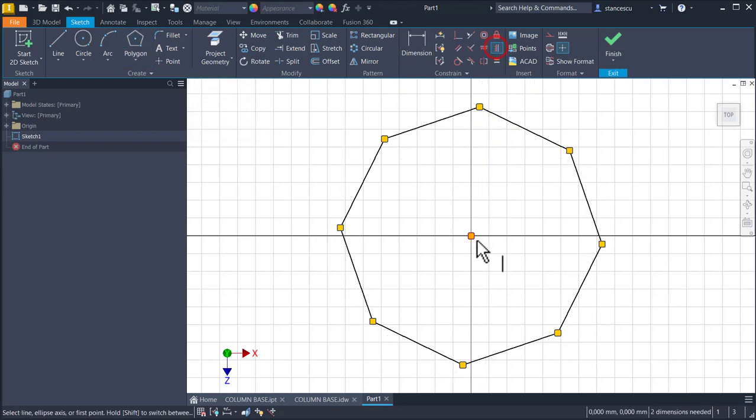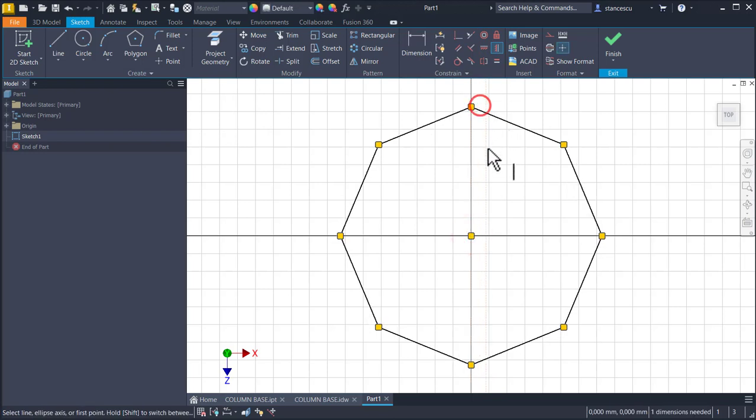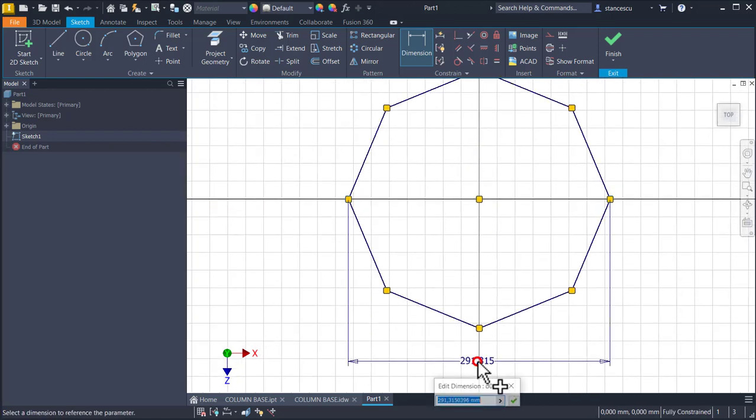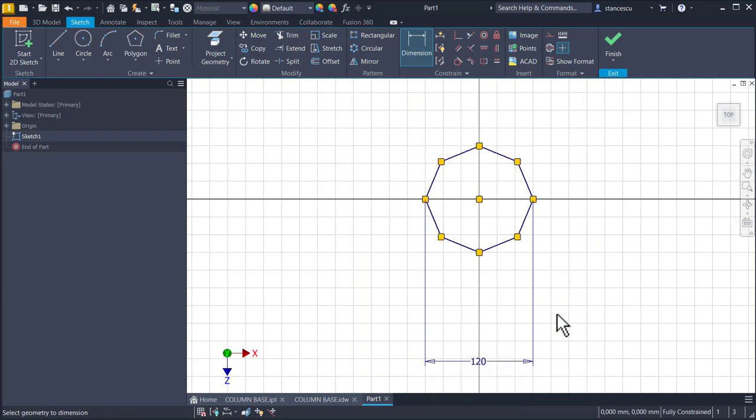We apply same vertical for this point. We dimension as in the drawing the contour, which is 120. Okay,